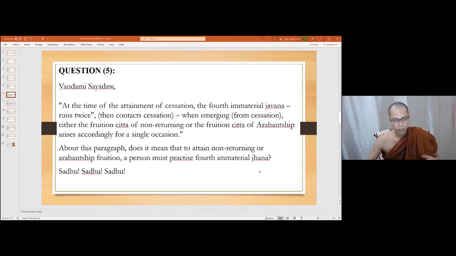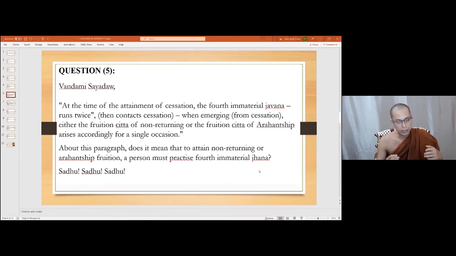At that time, you need to start the practice from the beginning of the concentration: first jhana, second jhana, etc., up to the fourth jhana of the immaterial jhana. Then going down again and going up in this way. After that, this fourth jhana,